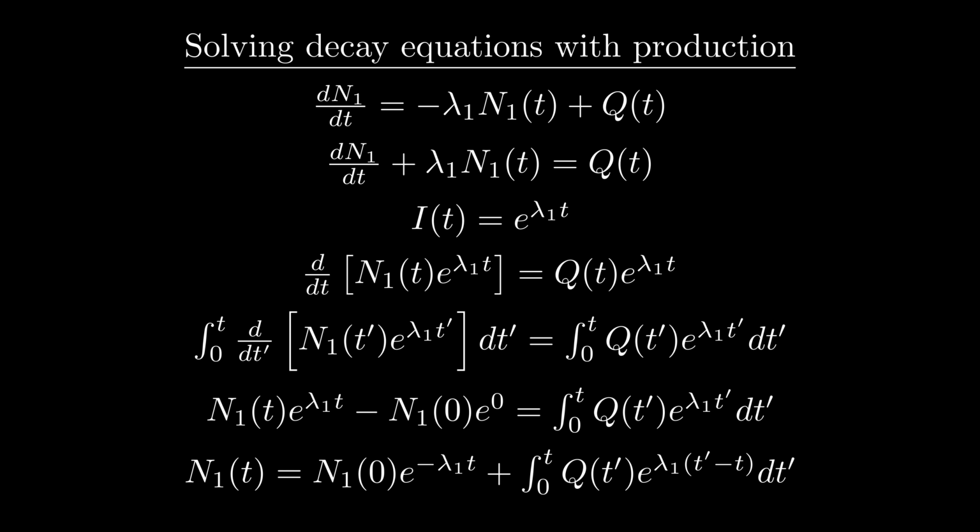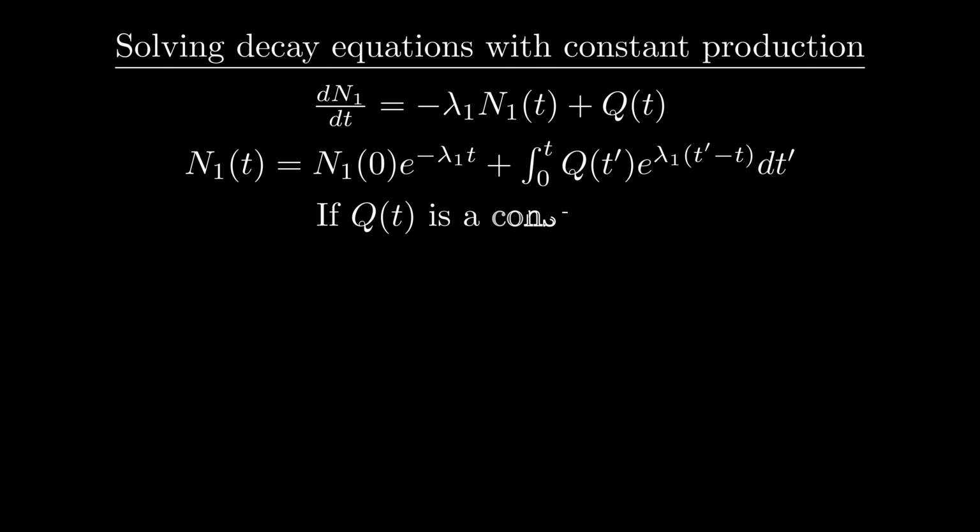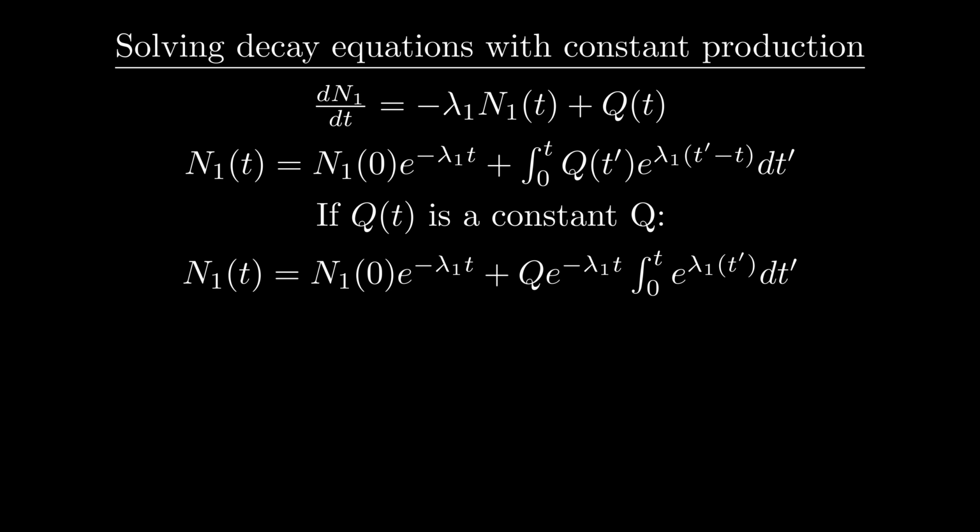So this is our general formula, which describes the population of an unstable isotope, which is also being produced by some outside process, and it's valid for any arbitrary production function. We still have an integral on the right-hand side, so let's solve for the case where we're producing the isotope at a constant rate. This is a pretty trivial integral to solve, and after a little bit of rearranging, we